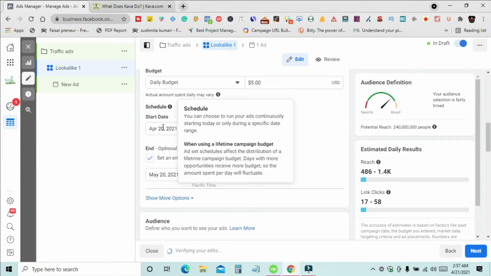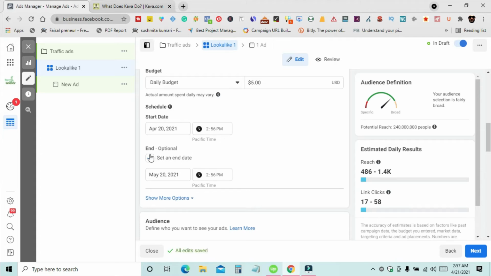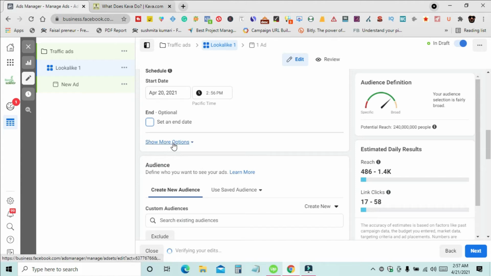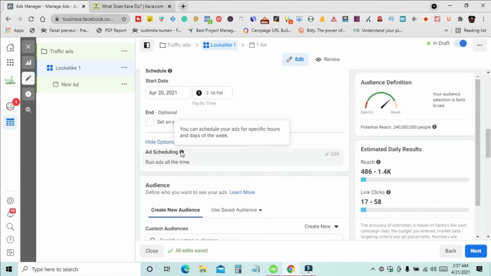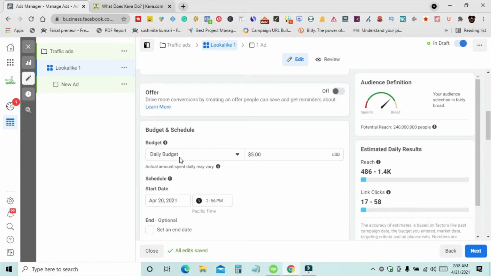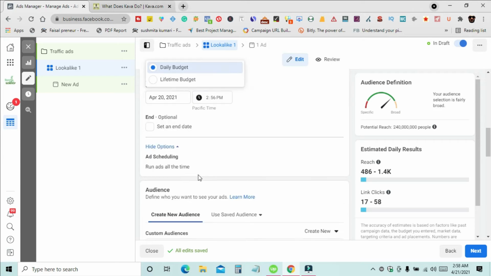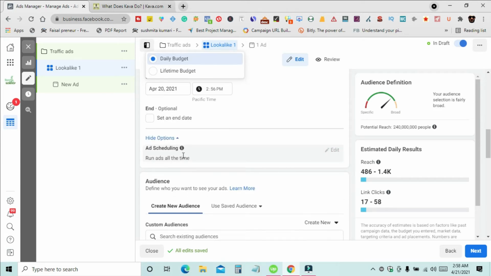And then you see the scheduling. This is the start date, and this is the end date. The end date is actually optional, but if you want to end this campaign on a specific date, then you will need to provide a specific end date, but I will just uncheck this box. If you click on show more options, you will see the ad scheduling. It says you can schedule your ads for specific hours and days of the week. I hope you have got this, but if you want to edit this, you will need to switch to a lifetime budget from daily budget. Then you will be able to edit this ad scheduling. So now